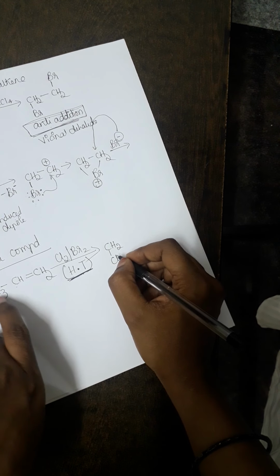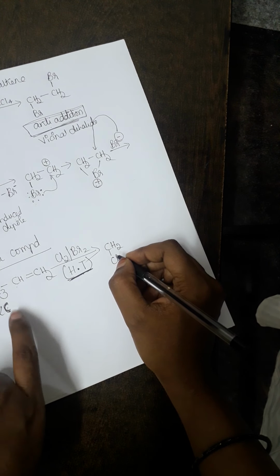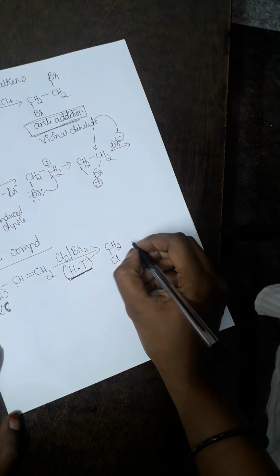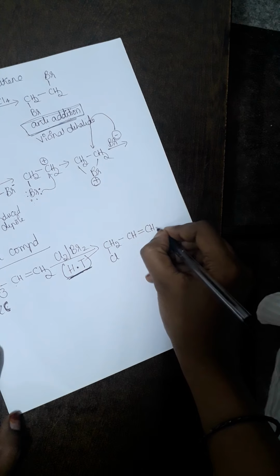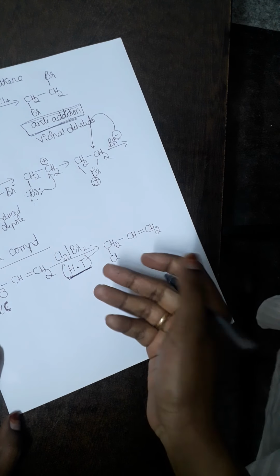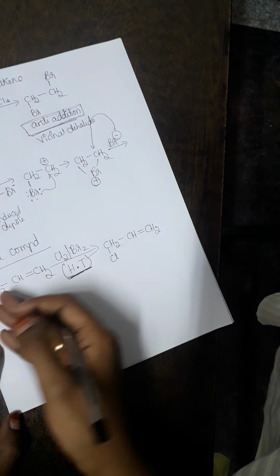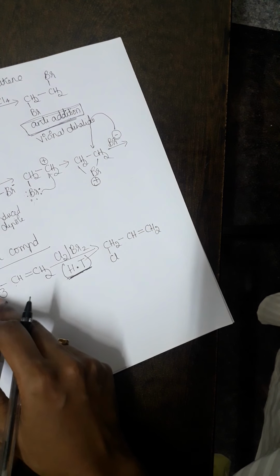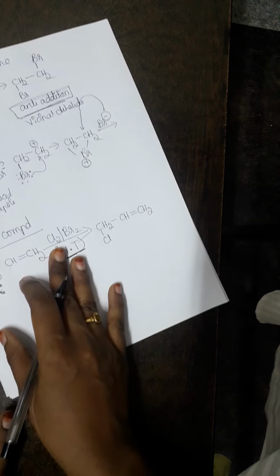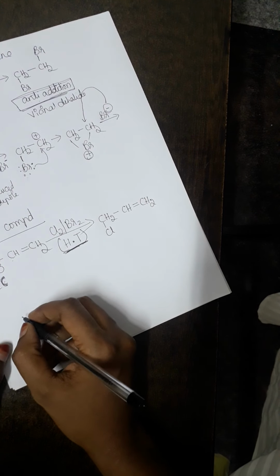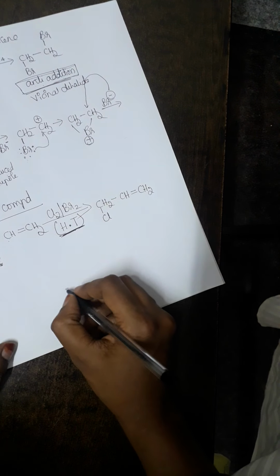How did I get this? I'm removing one hydrogen of the alpha carbon and replacing it with a chlorine. The remaining part will remain as it is, because substitution will happen only at the saturated carbon. And you know that here we have an sp3 hybridized carbon, which is the alpha carbon, with alpha hydrogen.